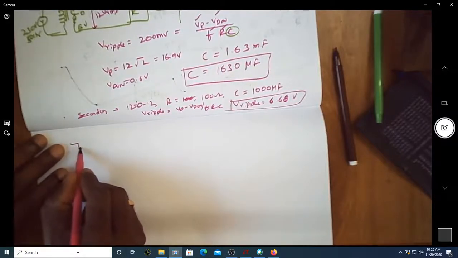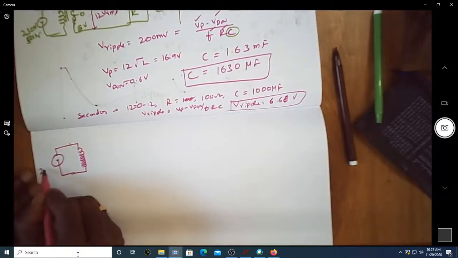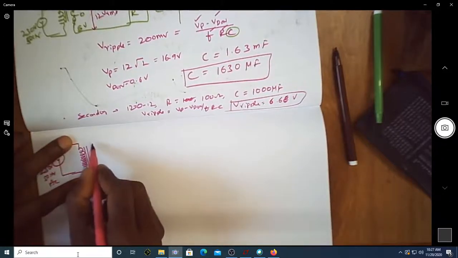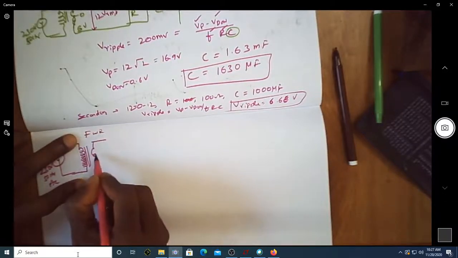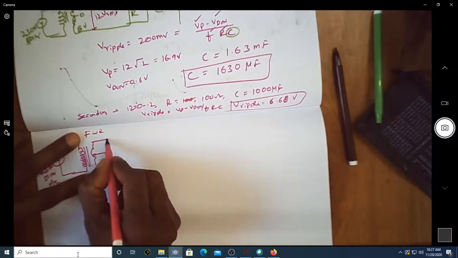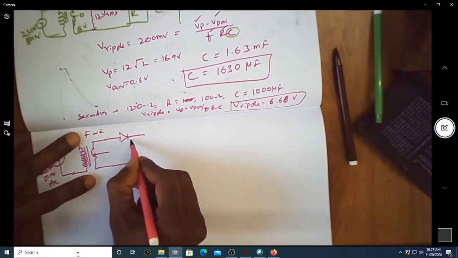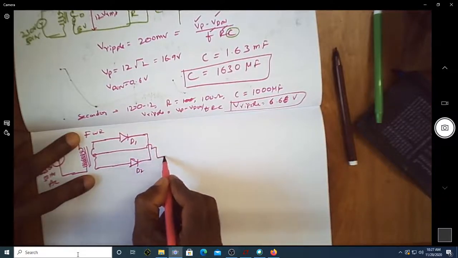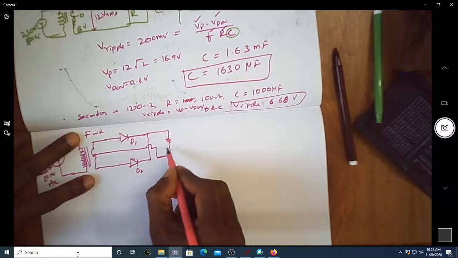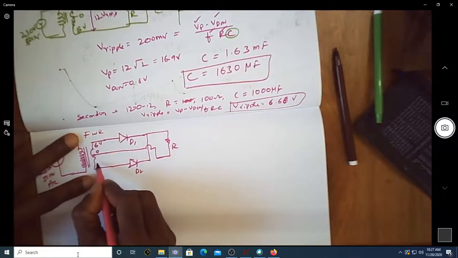So again we're going to have the primary of the transformer having more turns, which is usually a 230 volt 50 hertz AC signal. I'm going to have the secondary written. Since it is a full wave rectifier, I'm going to have a center tap also here. This is the diode D1, D2. Let me say this is D1, this is D2. These two are connected like this, and you have the load here. It is R. Assume that it is 6 volt, 0, 6 volt.